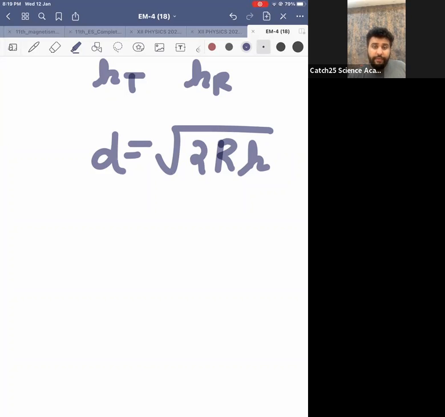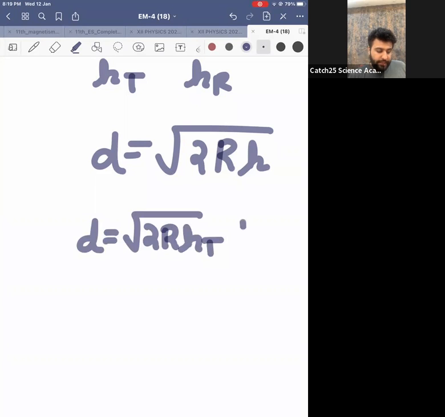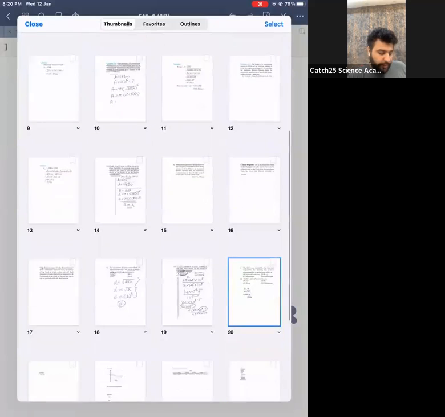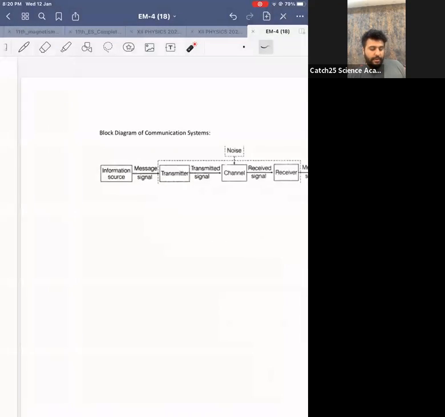Please look at the screen very, very carefully. Then your formula will become D is equal to square root of 2R height of transmitting antenna plus square root of 2R height of receiving antenna. Then my formula for distance will change, because if 2 heights are given in the question, then I'll have to use the formula square root of 2RHT plus square root of 2RHR, where HT is the height of transmitting antenna and HR is the height of receiving antenna. So let me give you the formula again. Okay, and you'll have a formula here also. Okay, so write down